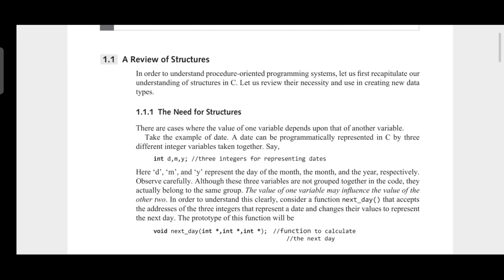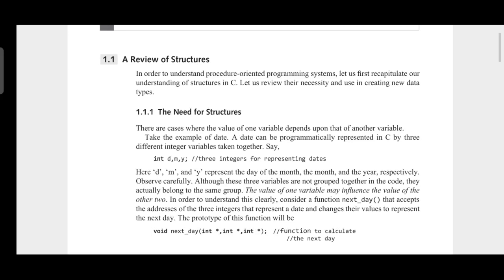So if you use a structure, what happens is you can have a collection, right? So all the data, as I have taken the structure with name student, all the data related to a particular student can be stored under a common name or under a common structure, right? Otherwise, you have to use different variables, and it will be a bit lengthier as well as a bit difficult to track the details of each and every student.